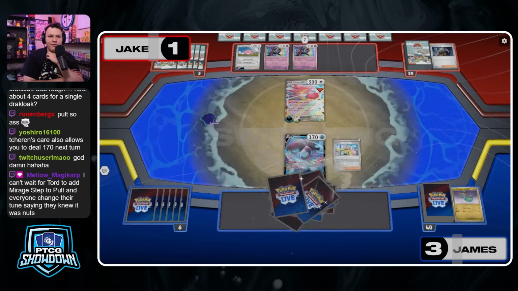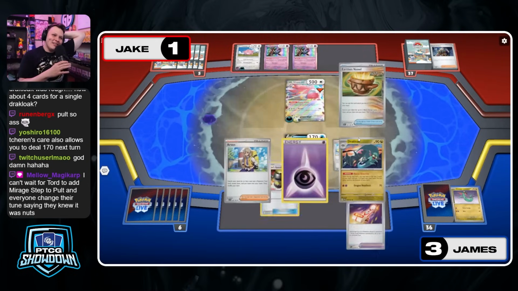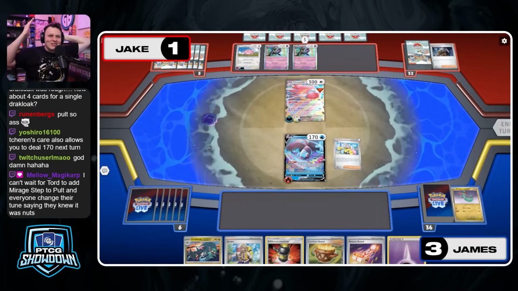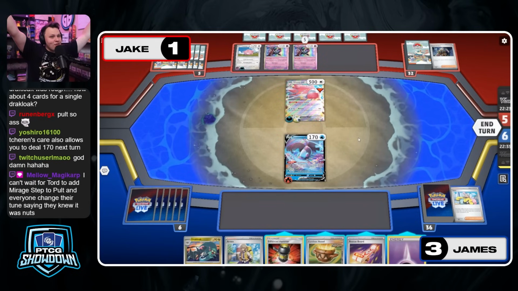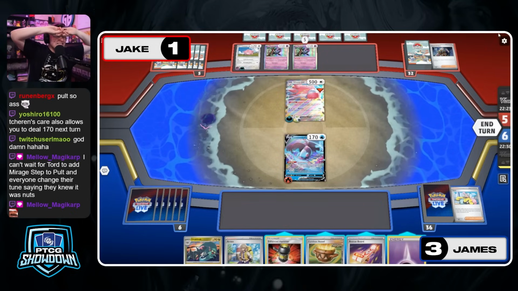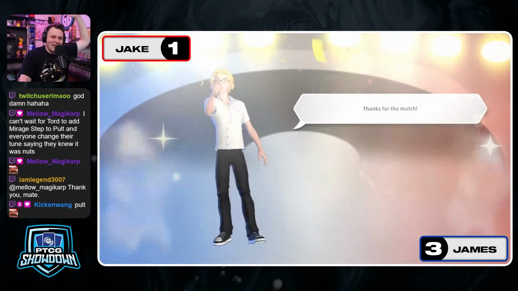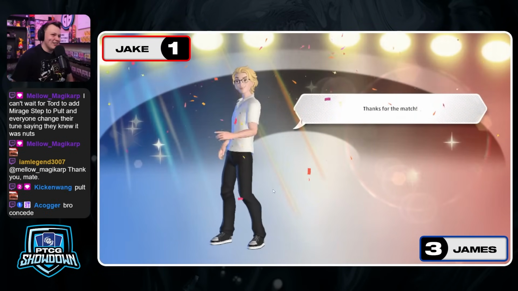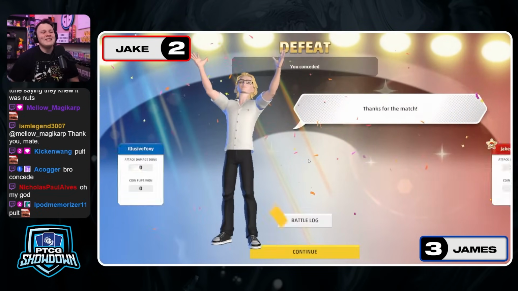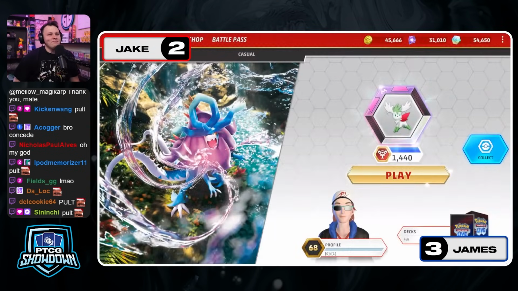James with another Iono top deck, maybe? It is another Iono top deck. All right. The game just wants to see James suffer. Gets the Enhance Hammer, though. Dude, what are these draws? Oh, and there's the concede from James. Yeah, I don't fault him too much there. It's not looking good. It was possible that Jake's hand was bad enough that it would make a difference, but...